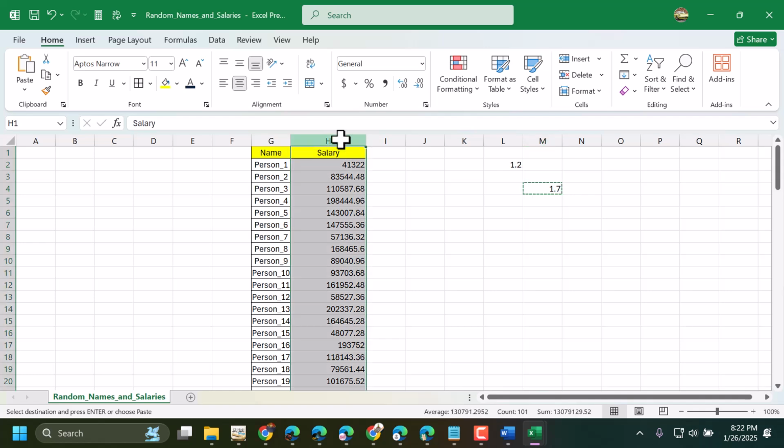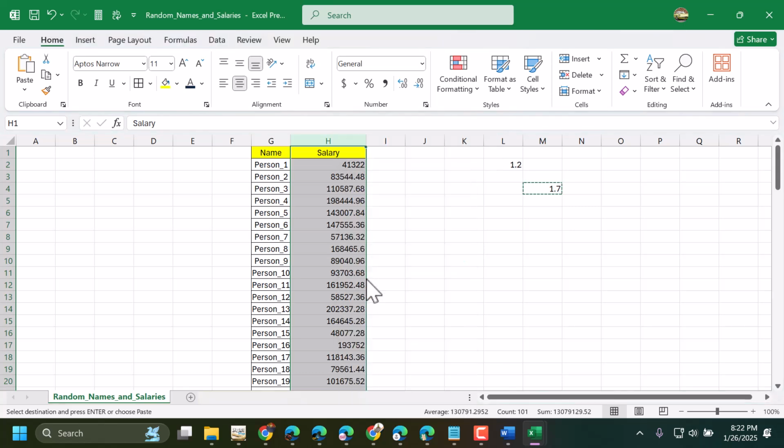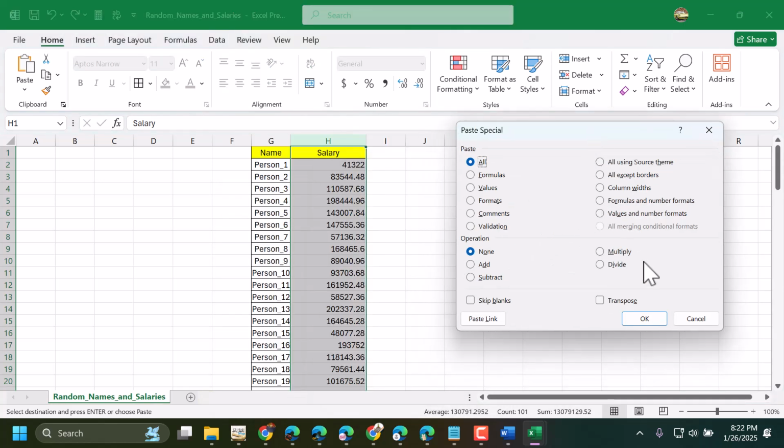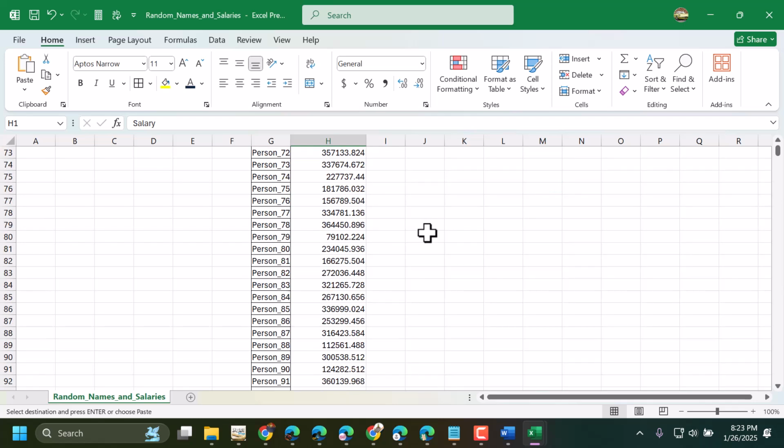Now select the entire column by clicking here. Now right click on it, paste special and multiply. Click on OK. So this will be the new salary, and this is the method you can